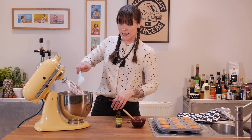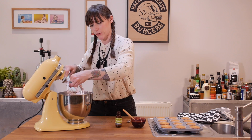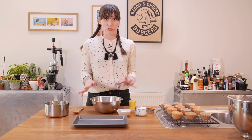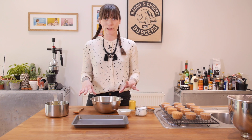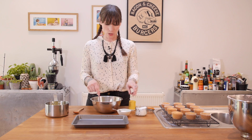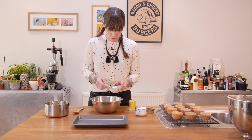So I'm going to put this in a piping bag so that it's ready to use while I get on with making the pie crumb. To make the pie crumb, which is going to go on the top of the cupcakes, it's very straightforward. So I have got 125 grams of plain flour already in my bowl. I'm going to add to that a tablespoon of sugar,